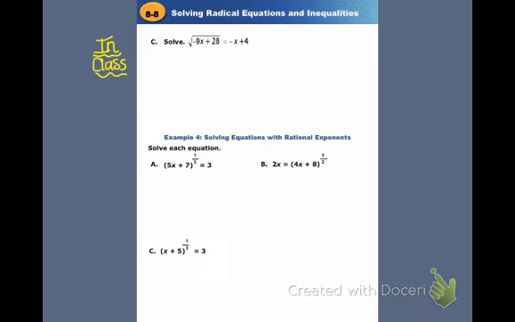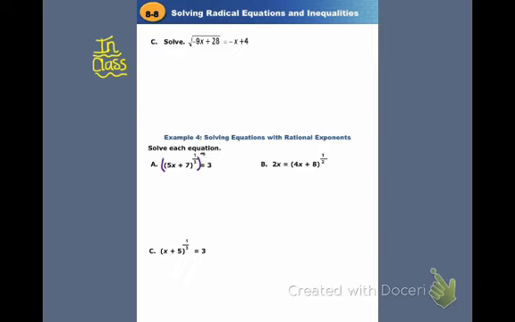So example 4 asks us to solve equations with rational exponents. So if you look at example A, we want to know the value of x that would make 5x plus 7 to the 1/3 power equal to 3. And so remember that raising something to the 1/3 power is really just the same thing as cube rooting it. So one thing I could do is rewrite this as a cube root, and then solve it by raising both sides to the 3rd power, but that really is sort of an unnecessary extra step because since I know that this is a cube root, I can really just raise it to the 3rd, which is the reciprocal power